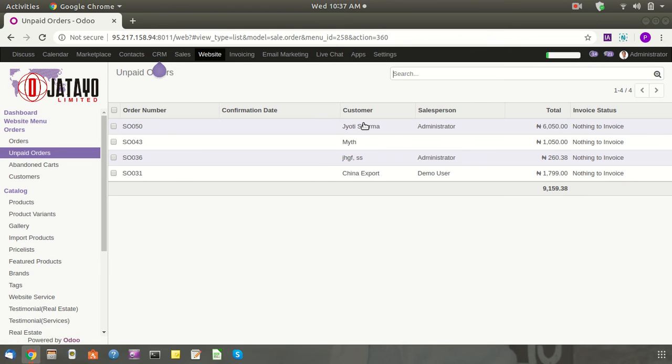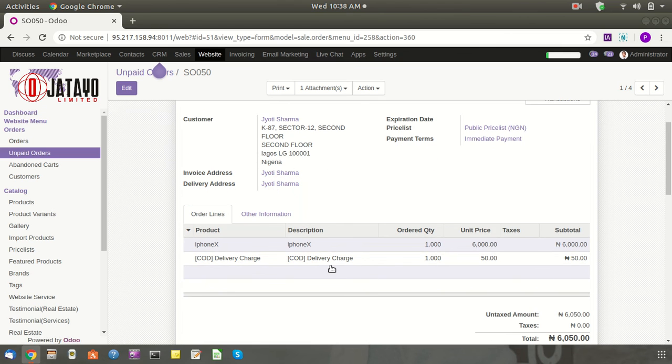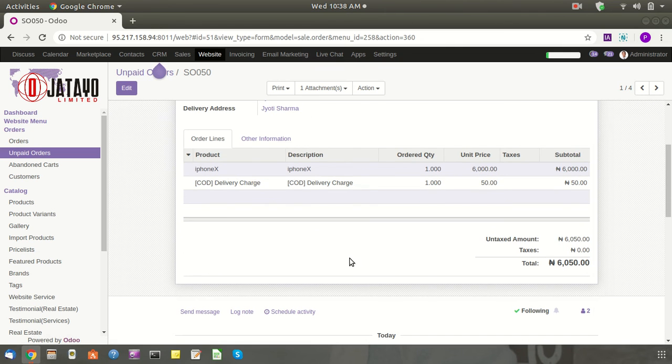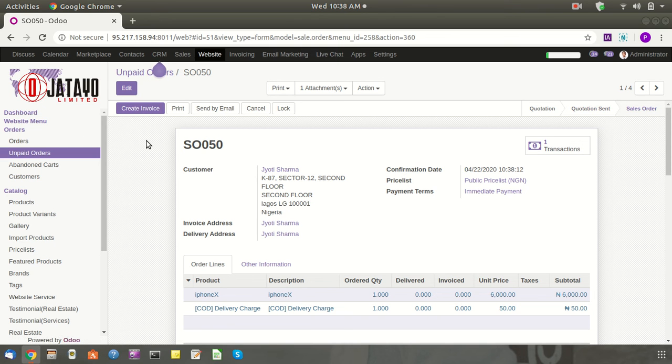sale order number 50, customer name Jyoti Sharma, 6050. Okay, iPhone X with the delivery charges, clear. So I just confirm the sale, this particular sale is confirmed.